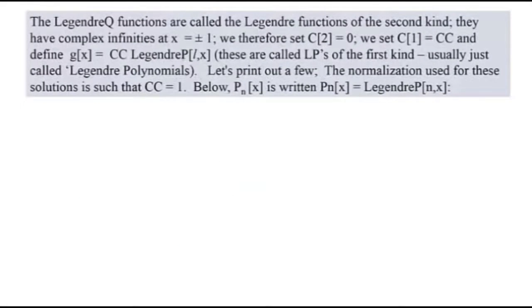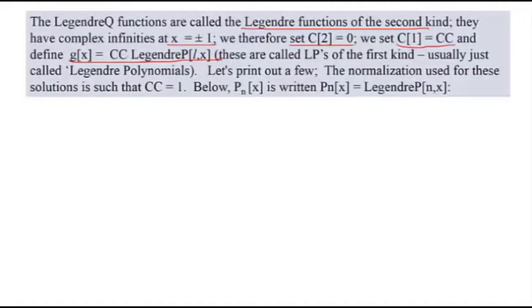Okay, so we're going to get rid of the Q's. The Legendre Q functions are called the Legendre functions of the second kind. They have complex infinities at x equal plus or minus i. We don't want that, so we set C2 equal to 0. That eliminates then the Q Legendre functions from the solution. For C1, we're just going to call it CC and define then this g of x is equal to CC